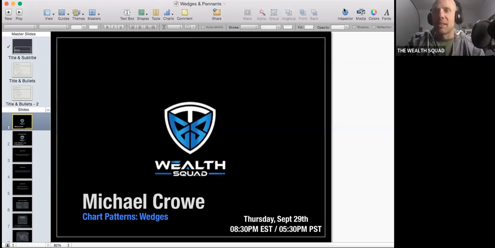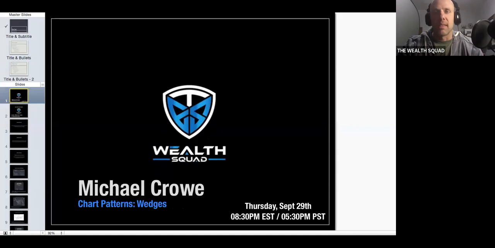I realized when I was preparing this lesson that I had prepared two topics that weren't as closely related. I mean, they are closely related, but in terms of being confusing, instead of doing the wedges and the patterns, I'm just going to do the wedges. And then for my next training, I'm going to do the flags and the pennants, because the flags and the pennants are a lot